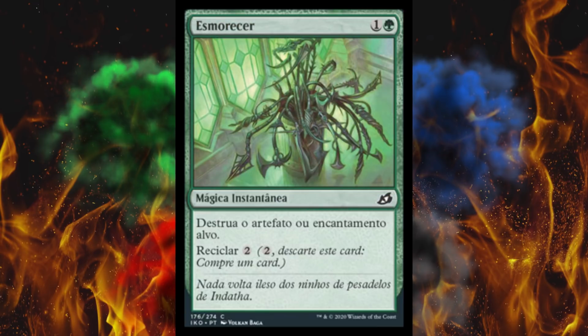And next up, we got the killer Portuguese plant, the Esmorecer, which apparently means wilt. It's a 2-cost green instant, and it says destroy target artifact or enchantment, and then cycling 2. So this is just a distinct drop-in-place improvement to Naturalize. That cycling ability on the bottom makes it good enough to main board, because if it's irrelevant, you could just ditch it. I mean, yeah, it's going to cost you 2, but it's not like green is short on mana. And next up, we got